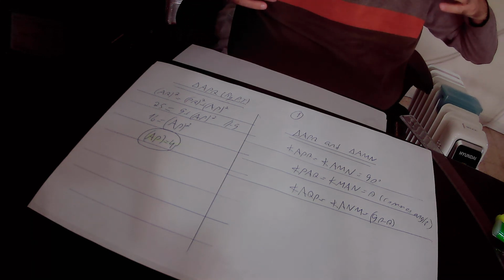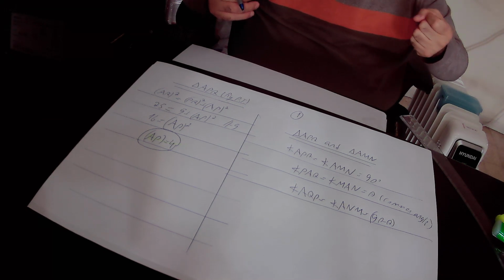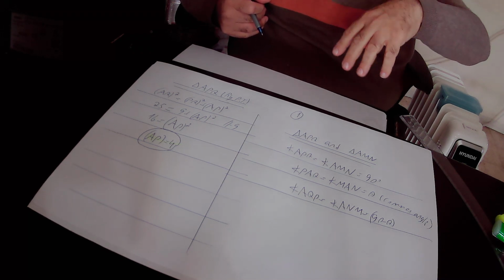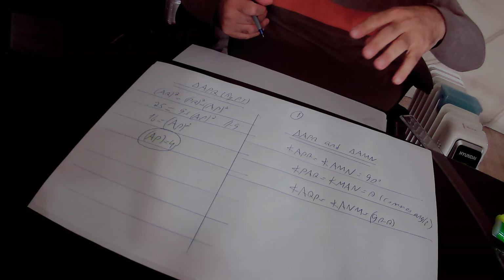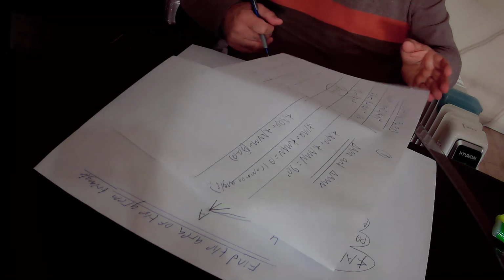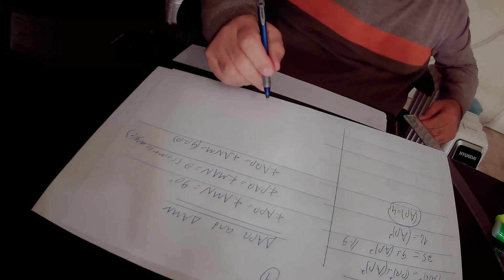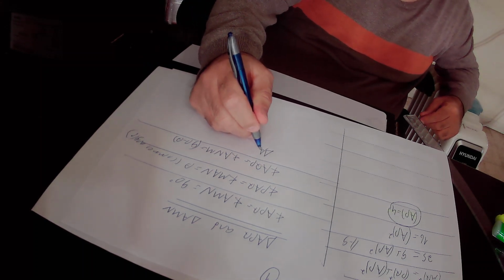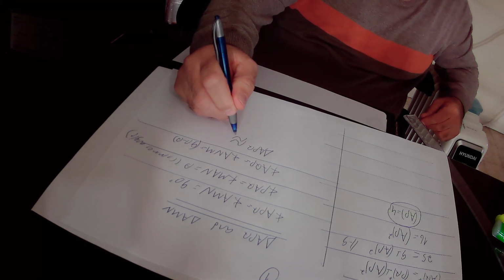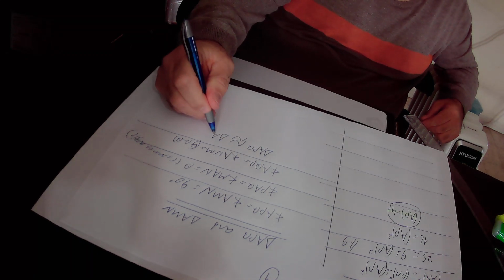So we actually proved that all three angles in the big triangle are correspondingly equal to all three angles in the small triangle. Therefore, those two right yellow triangles are similar to each other according to the angle similarity rule. So I write it down. The big yellow triangle APQ is similar to the small yellow right triangle AMN,